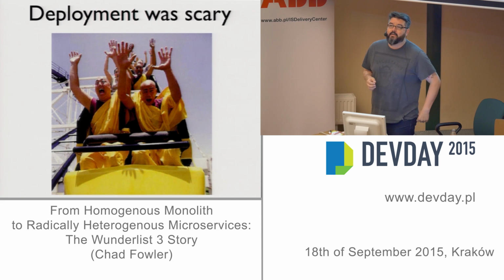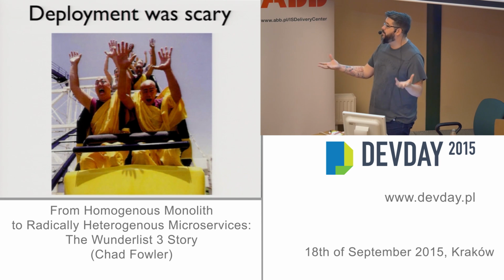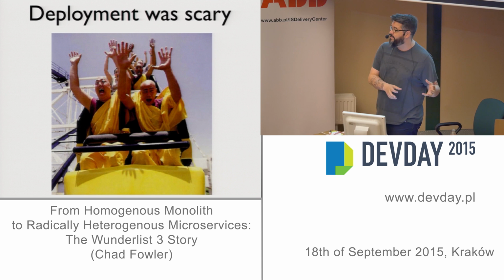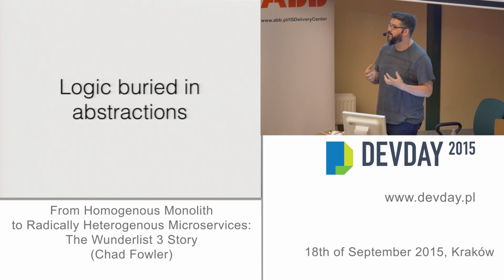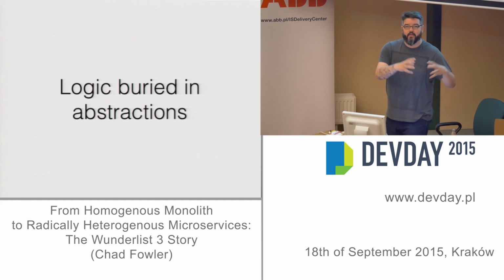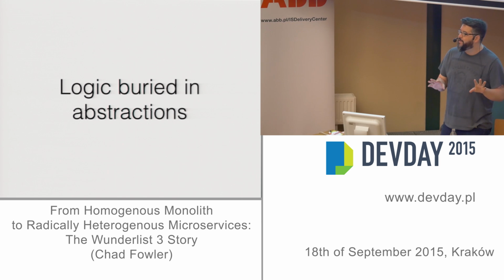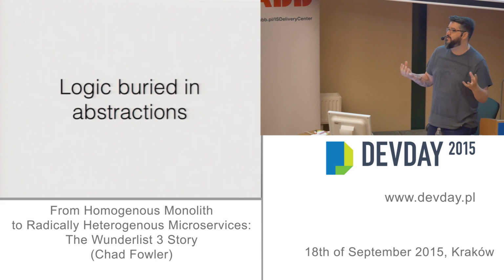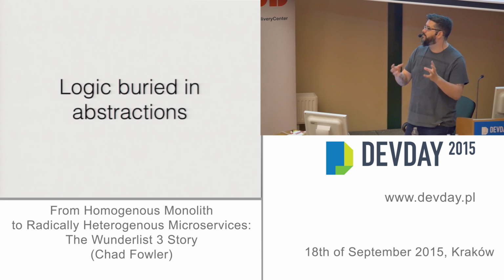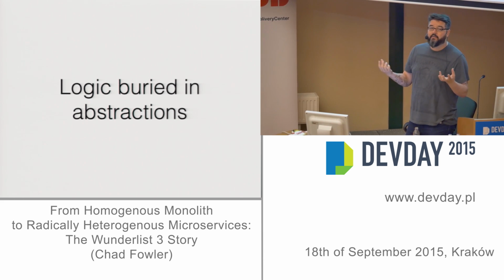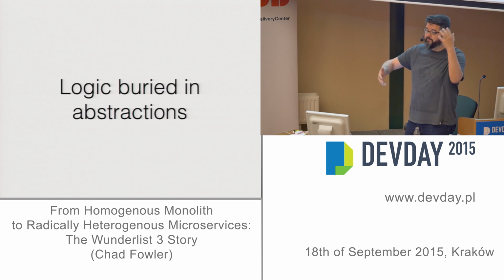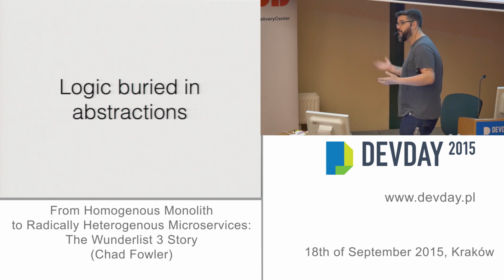They had built this thing. They had built actually something very complicated because, like I said, it's just a to-do app, but it also has all these different collaboration features built in. So there was a lot of logic. And because it was all built in Ruby and one language and one monolithic thing, of course they didn't want to have a bunch of duplication. They didn't want a big, ugly monolith. So instead they created this beautiful layered set of abstractions. And the net result was at the end, you couldn't find where anything was because there were all these Ruby modules mixed in all over the place and metaprogrammed.